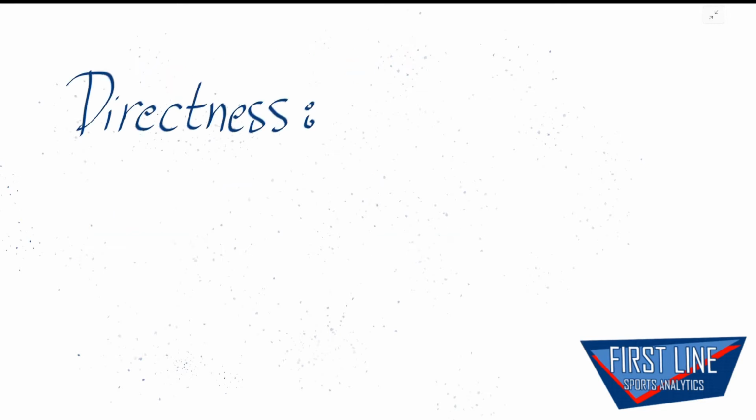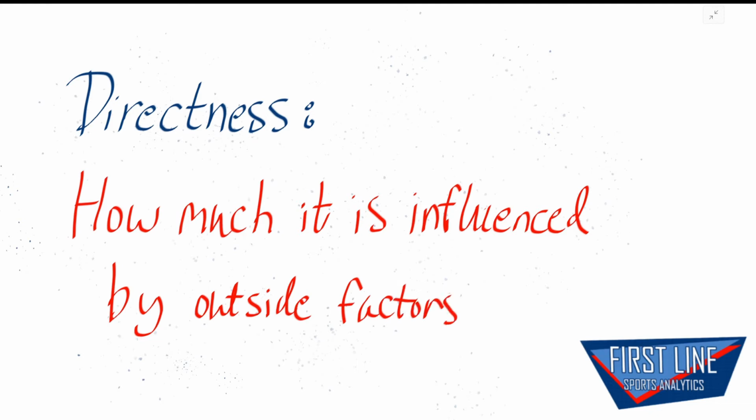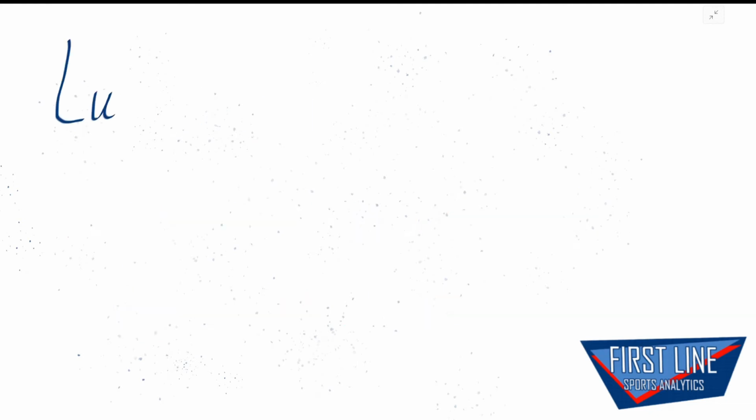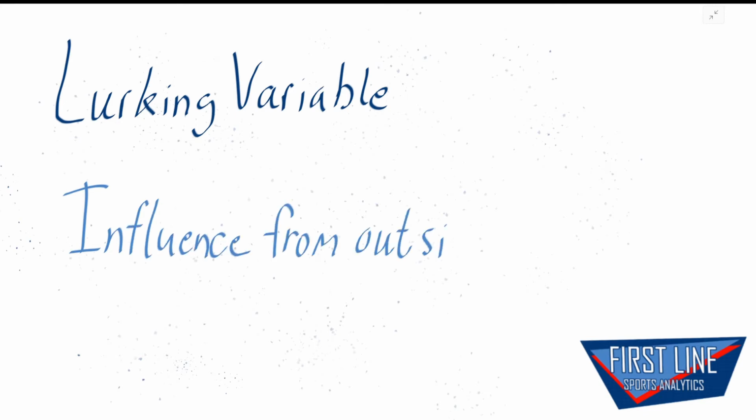Directness refers to how much a metric is influenced by outside factors. The less it's influenced, the more direct it is, and the more it's influenced, the more indirect it is. This is very similar to the statistical concept of lurking variables. The idea of a lurking variable existing is usually brought up in the context of statistical modeling. It's a variable that exists outside of the model that has a substantial and possibly significant impact on the relationship